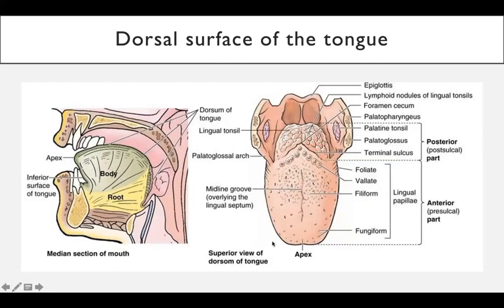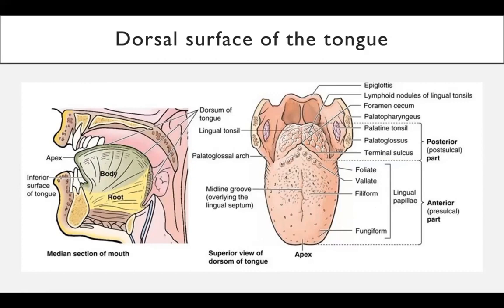And now the surface view of the dorsum of the tongue is the same as previously. Lingual papillae. So this is the anterior part, the pre-sulcus part, and the posterior part, or post-sulcus part. This is the V-shaped sulcus. The V-shaped sulcus has an apex. This apex points backwards to a structure known as the foramen cecum, the remnant of the embryological upper end of